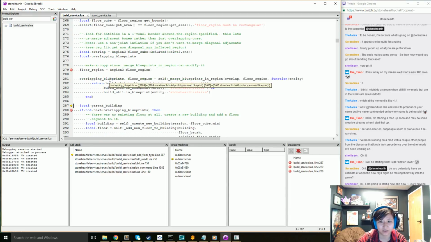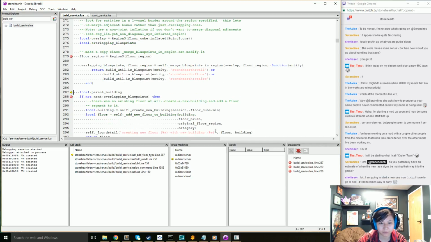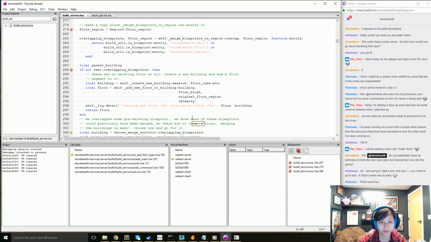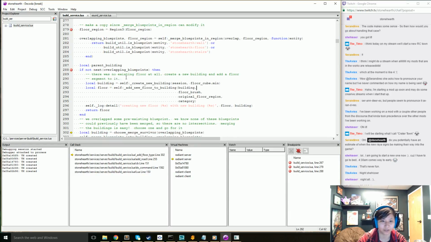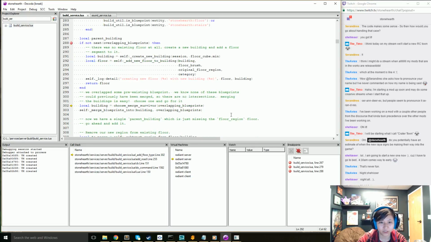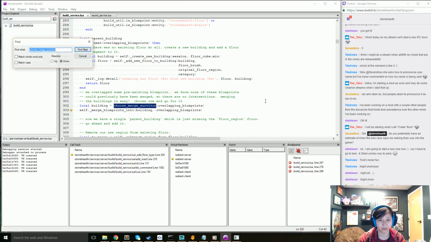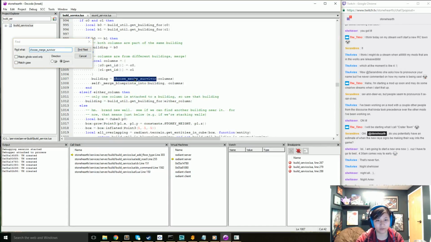Okay, so overlapping blueprints. So we have these two. Yes, those look right. So we have two overlapping blueprints. There was no existing floor at all, so create a new building, add a floor to it. Okay, so now there is a floor. And we get to choose which building gets to survive. So we get to choose a merge survivor. So that will be 3165. Huh. Hang on. Choose merge survivor. What did you do? Oh, that's the building. So choose merge survivor says...